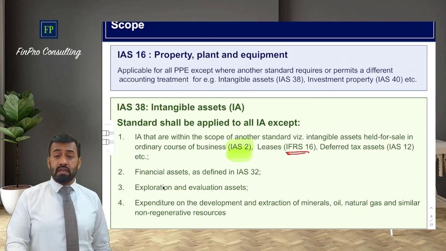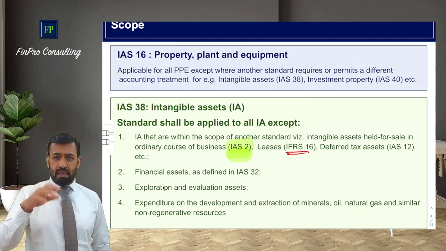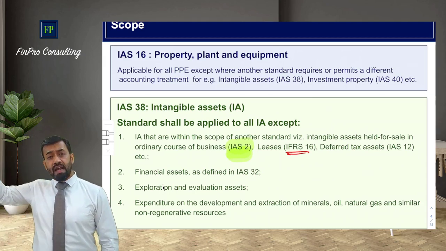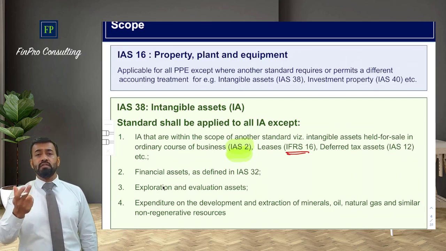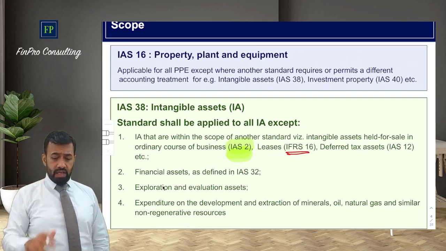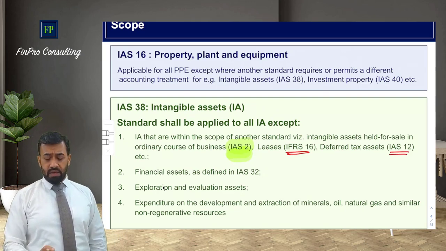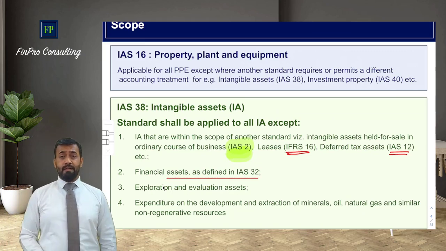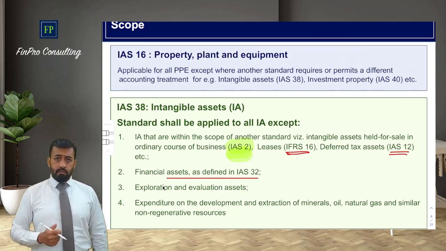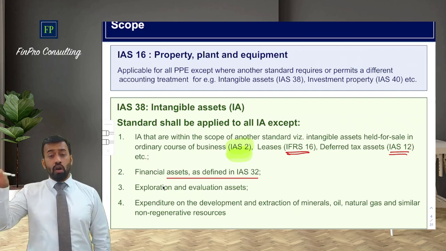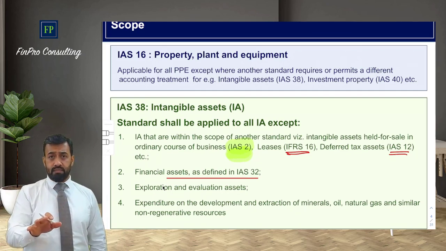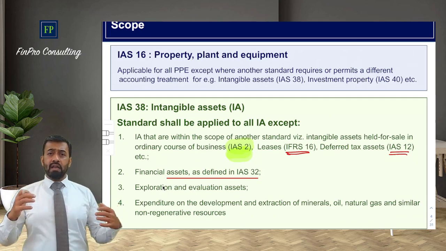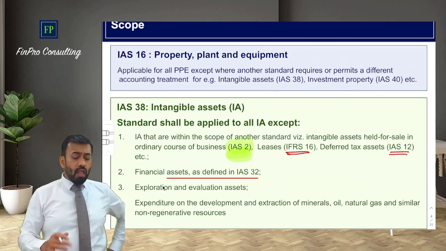Leases, right of use asset, seems intangible or a contractual right. It's a contractual right, correct? It has arisen out of a contractual right. However, there is a separate standard which deals with this, and that's why we will consider it under IFRS 16 and not IAS 38. Deferred taxes, again the same thing. Financial asset, there is a very thin line between financial asset and the intangible asset. Intangible asset is non-monetary, financial asset is always monetary. And that's why you have to differentiate between financial asset and intangible assets.